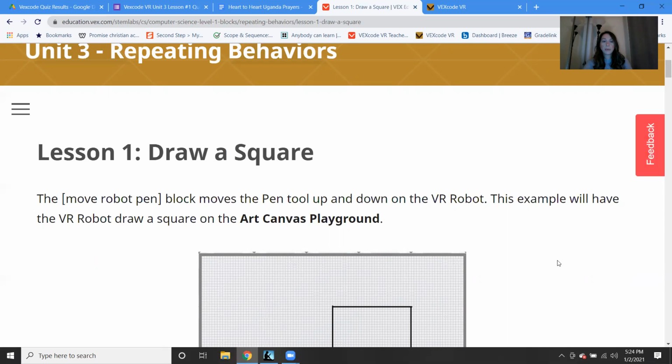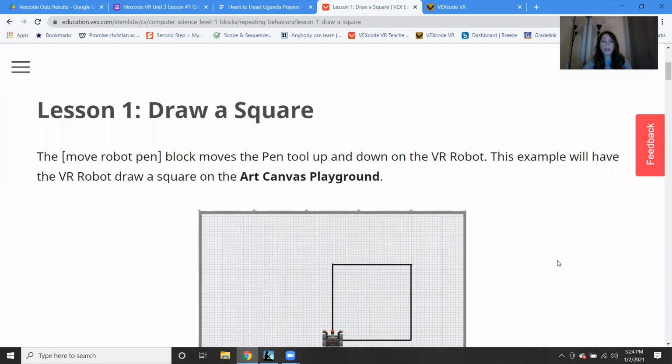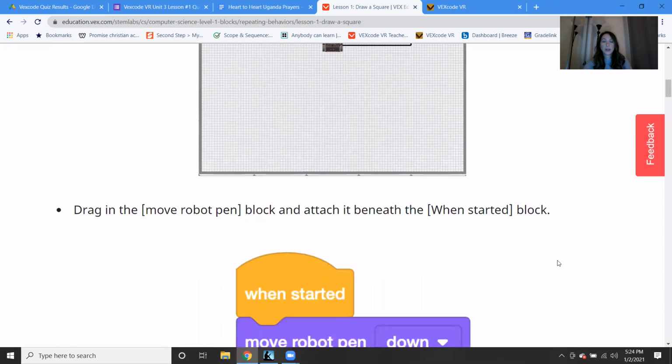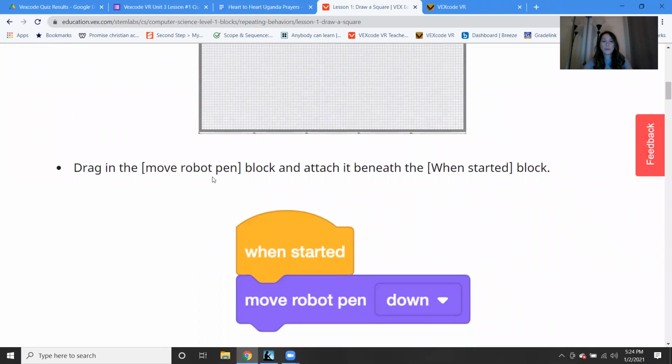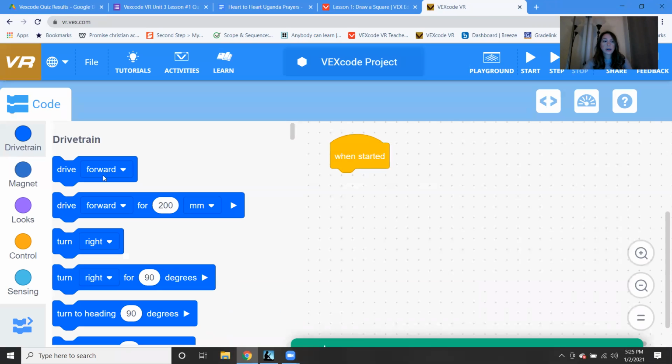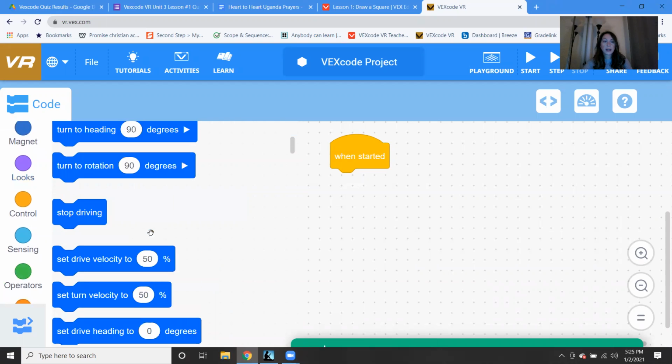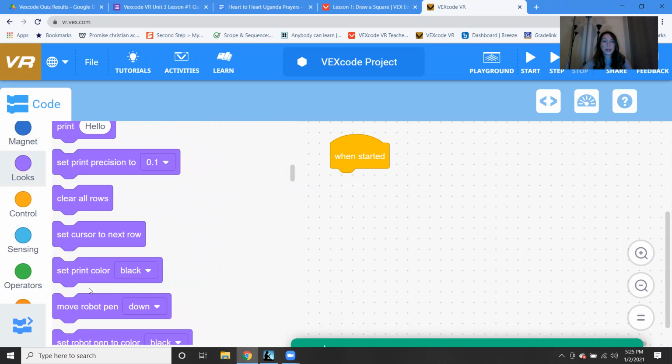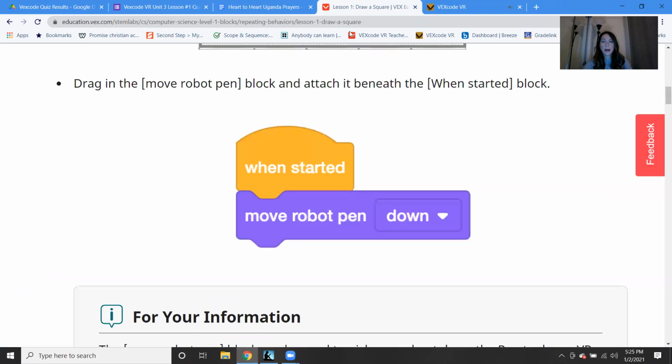In this example, we're going to be drawing a square on the art canvas playground. So we have to drag the Move Robot Pen block and attach it to the when started. So let's go ahead and look for it. If you scroll down, it's over in the purple looking blocks, Move Robot Pen. So if you drag that block in,